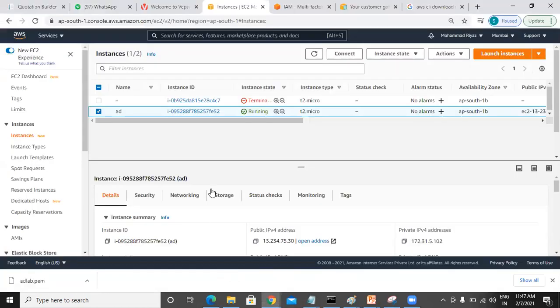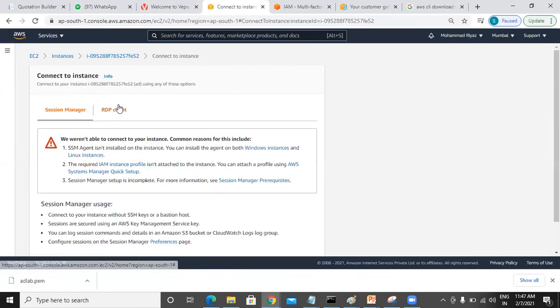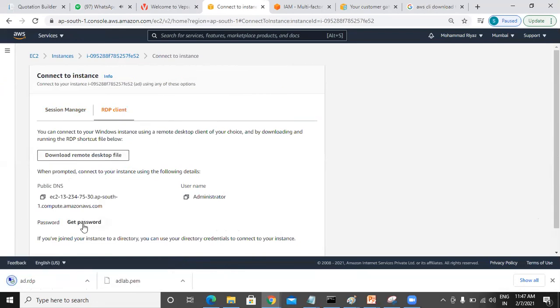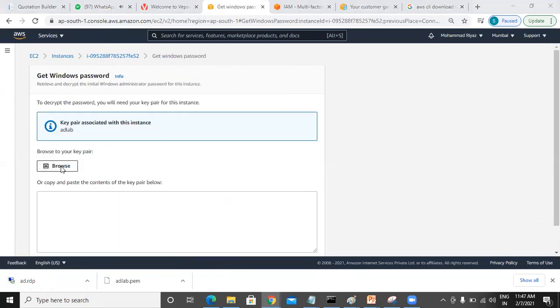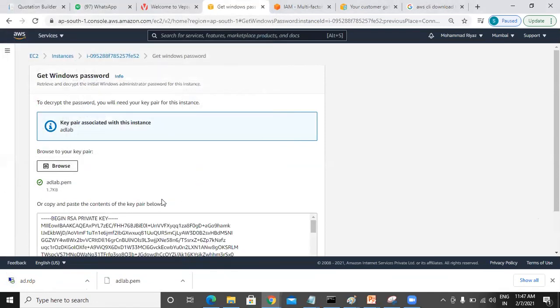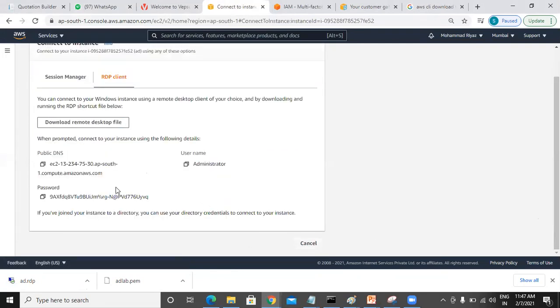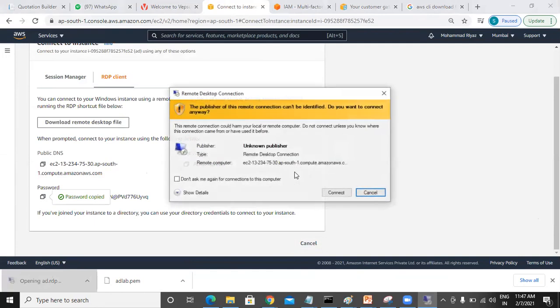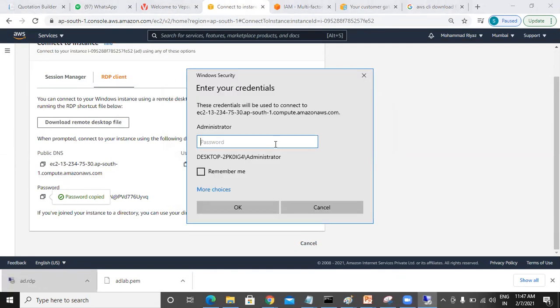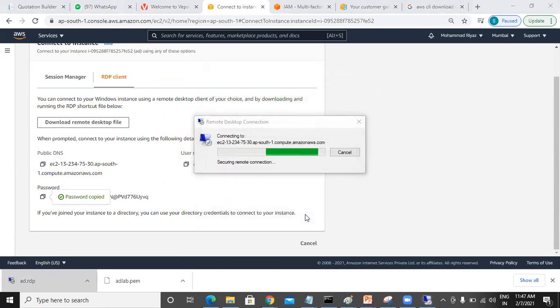Now you already have this console. I think you can all see my console. So go here and say connect, RDP client, download, get password, browse, AD lab PEM, open, scroll down, decrypt password, copy this, go here, connect, and say yes.